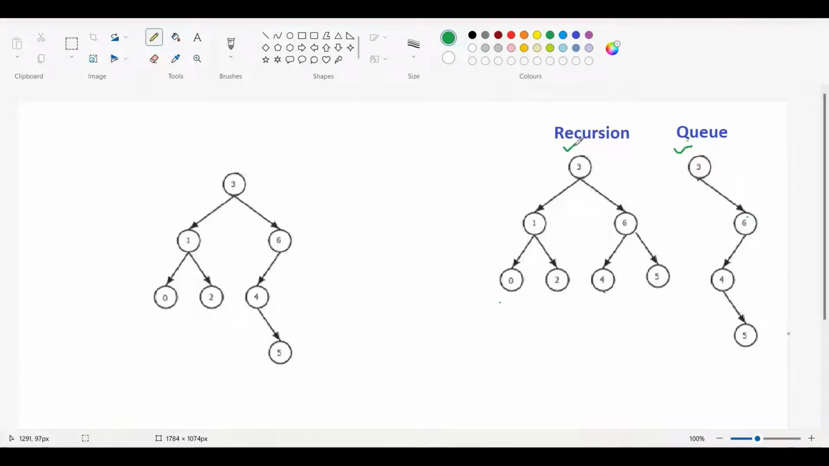Level order traversal could also be done by recursion. So when to use a queue and when to use recursion? Whenever our tree is skewed, we should use a queue, because if our tree is skewed, then we need a lesser amount of memory or space in our queue